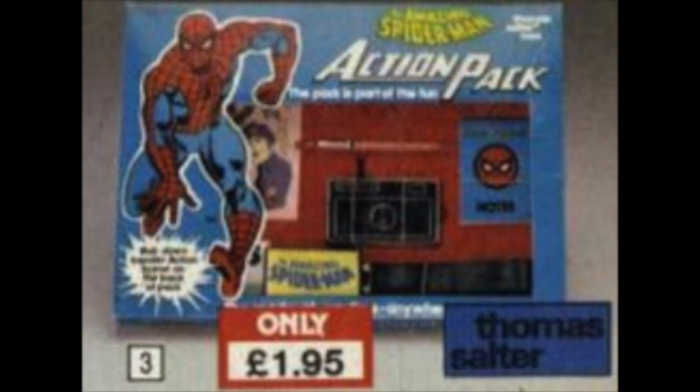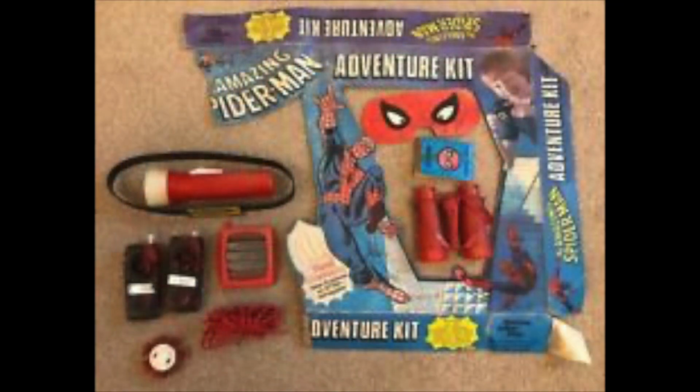Our last Spider piece is very rare, made by Thomas Salter Toys in Scotland. The Amazing Spider-Man Adventure Kit contained lots of essentials for the budding junior crime fighter or wannabe photographer like Peter Parker. The set includes binoculars, working camera, torch, walkie-talkies, ID card, notepad, utility belt and more. This set is very hard to find, and as such you should expect to pay between £200 and £300 to get it for